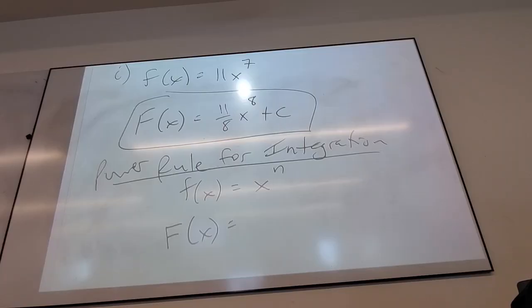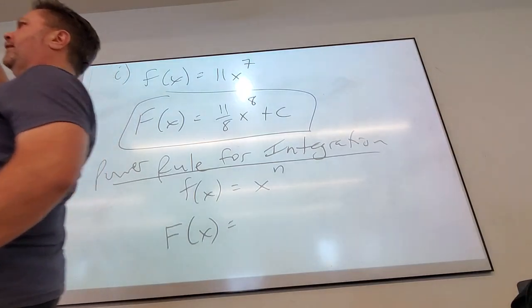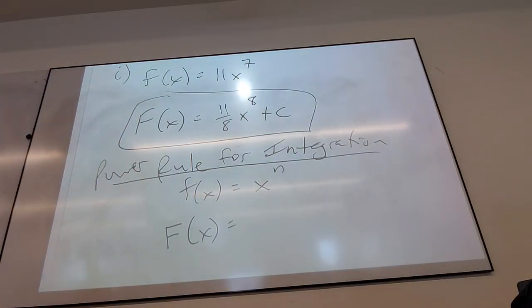So remind me, what does big F mean? The antiderivative, yes. It is the function whose derivative would be little f. Because to remind you guys, if I'm given a first derivative, can't I find a second derivative? So every derivative is a function in its own right. I could just call it f and then do things to it. So if I'm given a function, I should be able to find its antiderivative, even if I'm not saying it's the derivative of something. There must be an antiderivative.